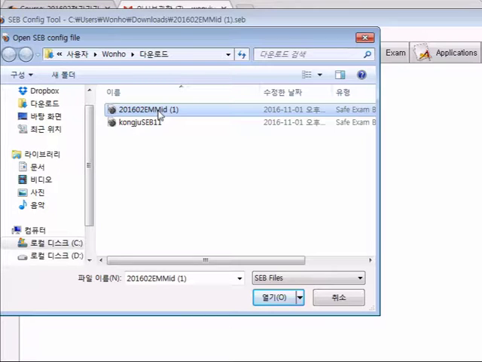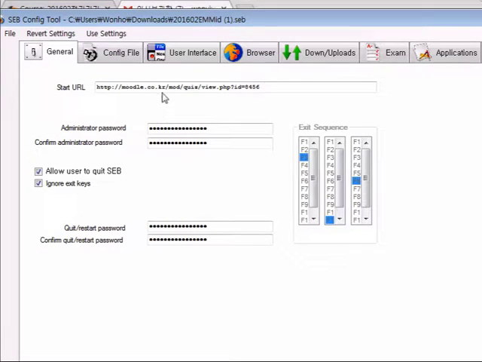If you open a ready-made configuration file, you need to give some administrator password if you would like to ask for a password whenever people open this configuration file. If you set this, it will be asked every time they want to open the configuration file. And this is a